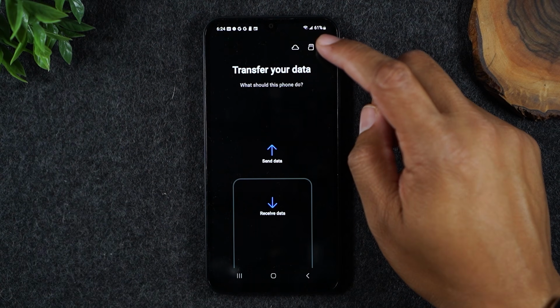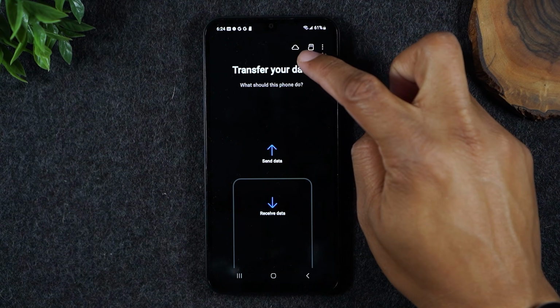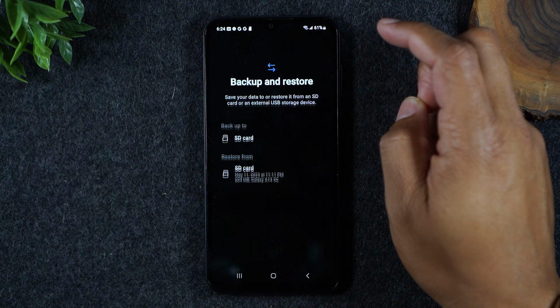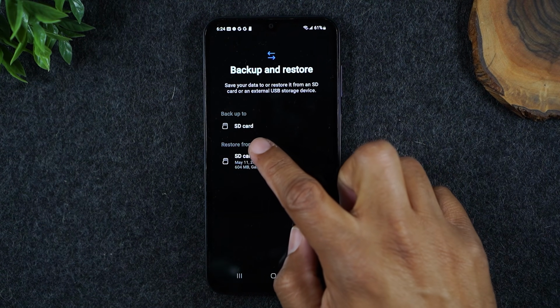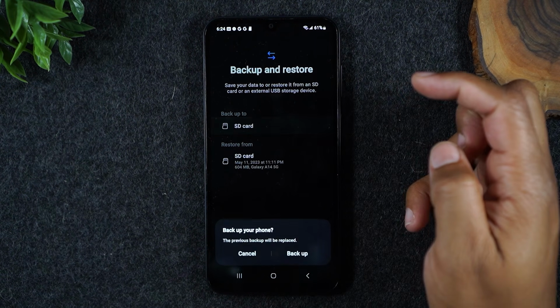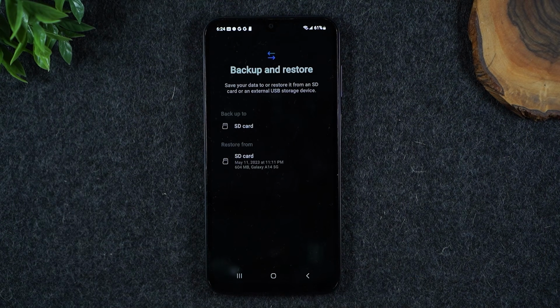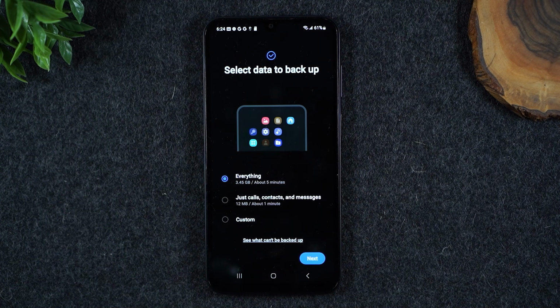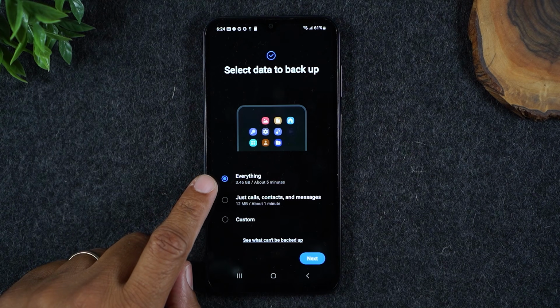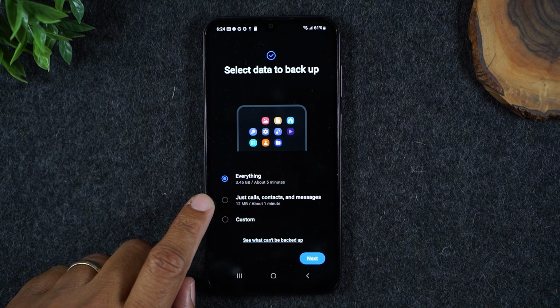And then we're going to tap on this little memory card option at the top of the screen. And here, under backup to, we're going to tap SD card. You see, we're going to hit backup. And just this easy, we can back up everything that's on the phone, or we can select certain things, just